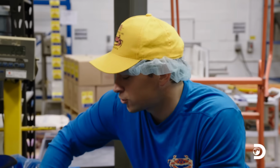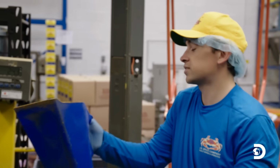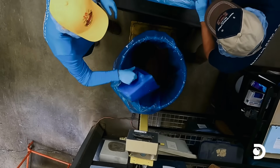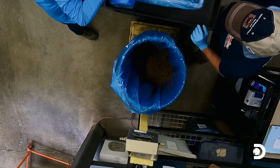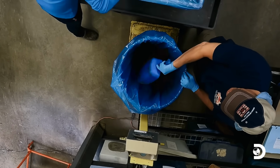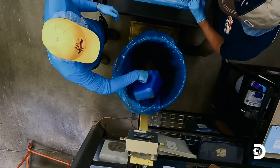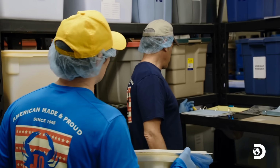And the original recipe was an all-purpose seafood seasoning. It's called J.O. Number 1. J.O. Number 1 was the company's very first blend. It's still a fan favorite for enhancing the flavor of seafood, meat, poultry, popcorn, French fries, and anything else you want to spice up. So you're going to need a little,